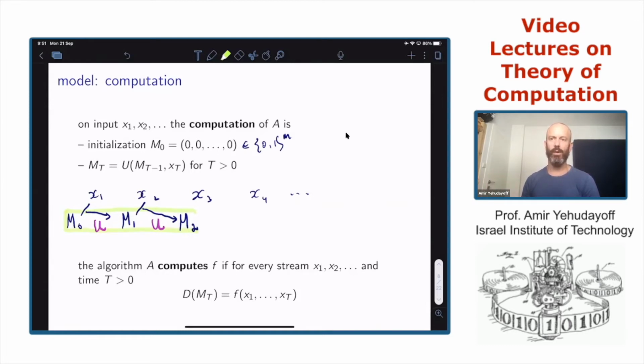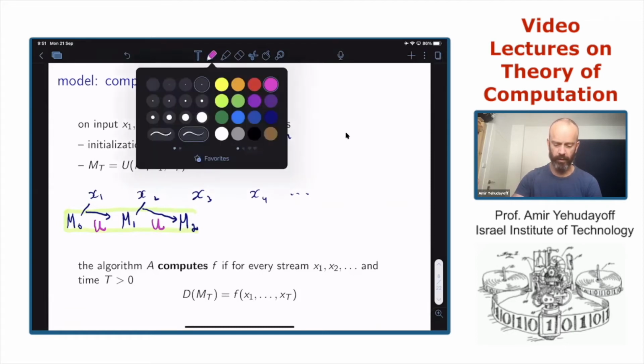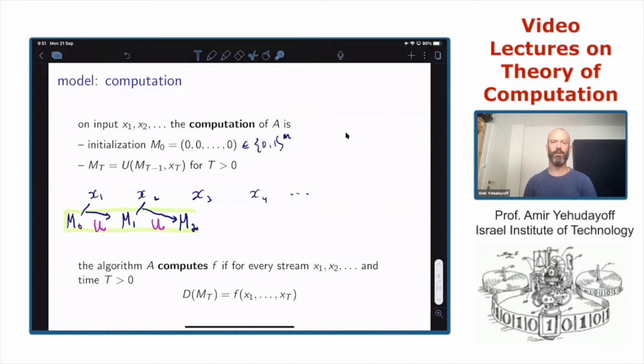What is the property we want the algorithm to have in order to compute the target function f? We want the property that if we interpret the memory at time t, applying the dictionary on M_t, then the output of this interpretation is the value of the function we want to compute on the stream up to time t.